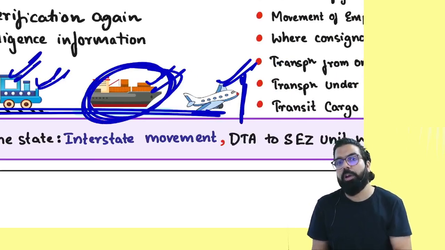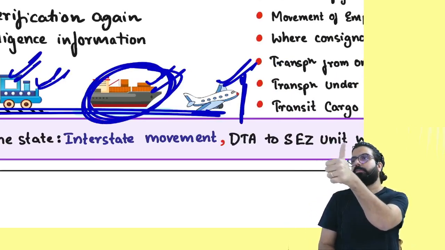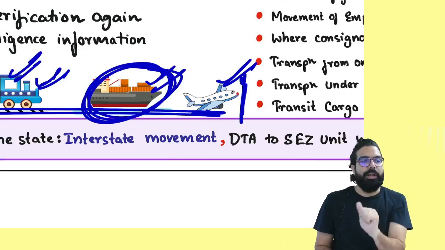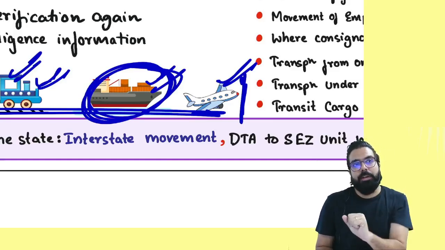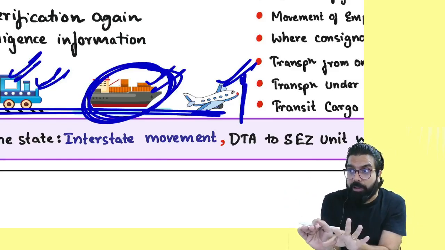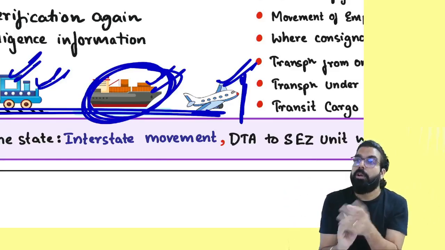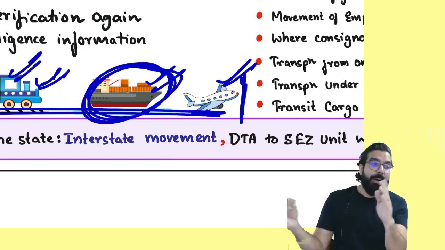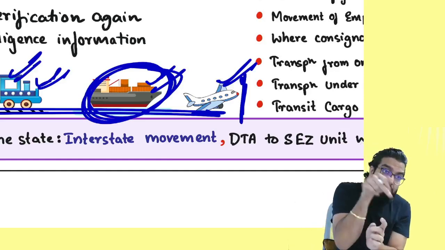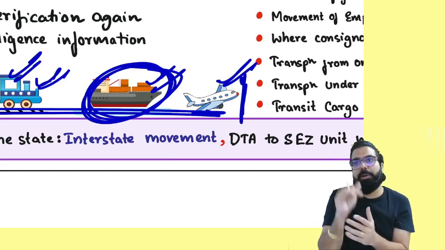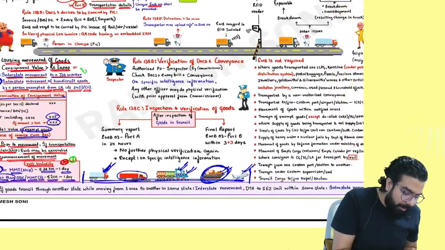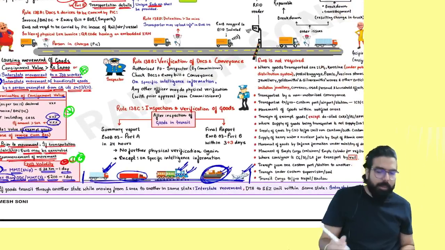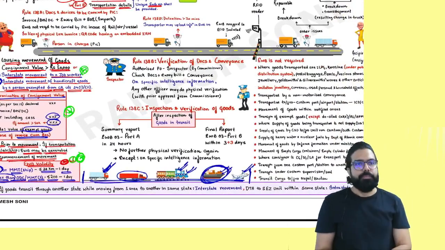If ship is involved in the transportation, then remember it is 20 kilometers, 1 day validity. Is my point clear to all? Normal truck, 200 kilometers, 1 day. Over-dimensional truck, 20 kilometers, 1 day. Multimodal transportation, ship is not involved, 200 kilometers, 1 day. Multimodal transportation, ship is involved, 20 kilometers, 1 day. Very, very important from the exam point of view. I'm telling you again, this consignment value calculation part and this validity part is very, very important.